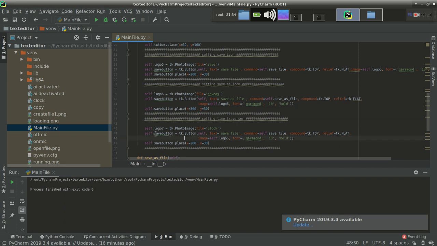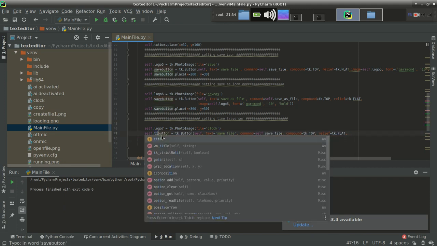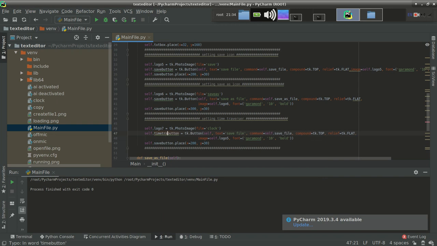So the name of this button should be time traversal button, fine. Everything is fine except this one. The name should be time traversal.